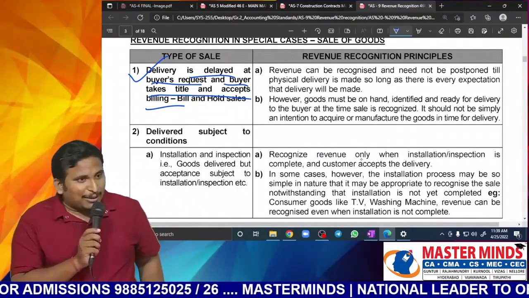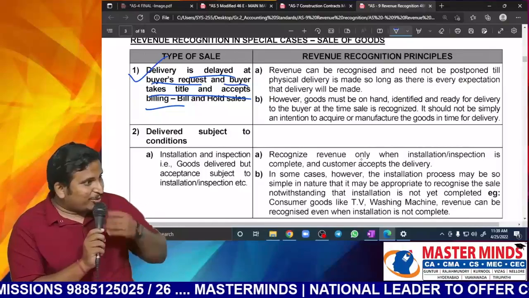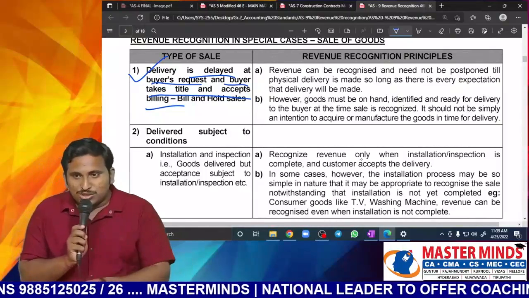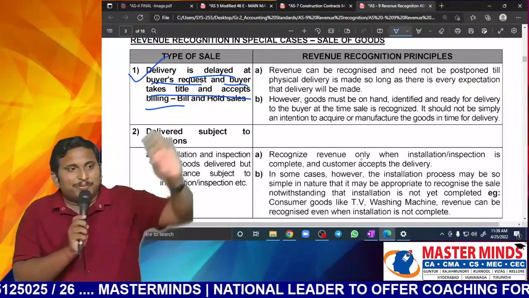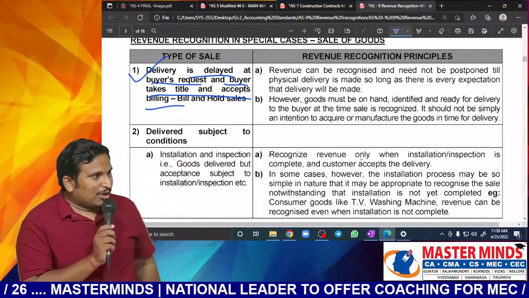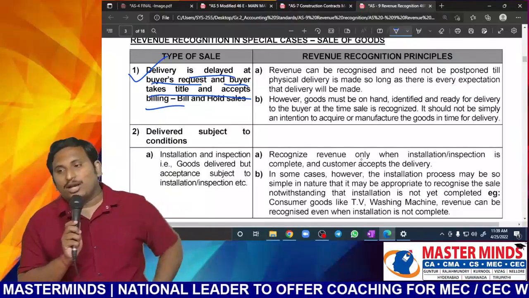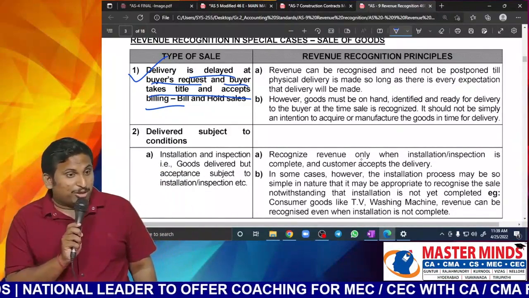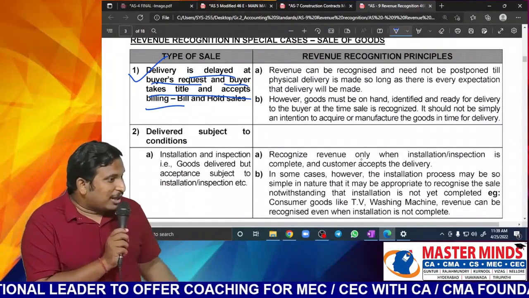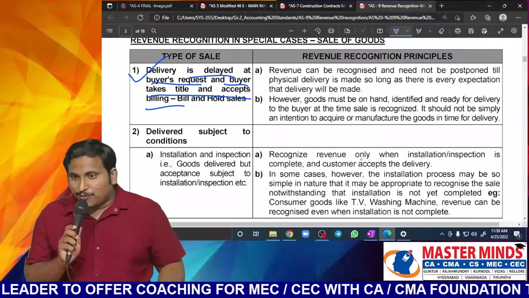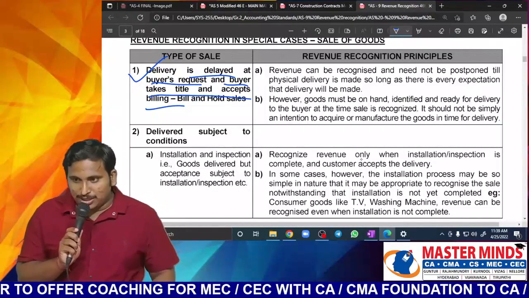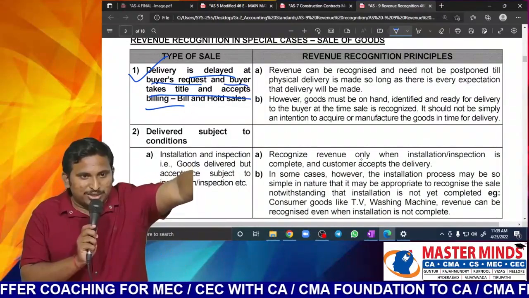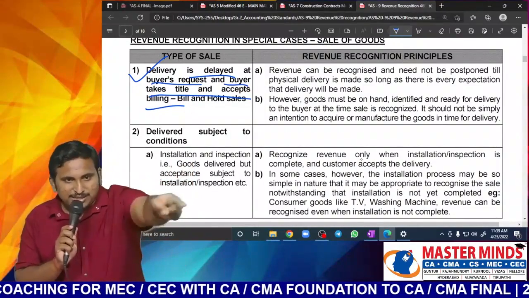Here the sale is already completed. You are telling me I have purchased it. You made the payment also. But because there is not sufficient space for you, now you are telling me to please keep it with you for one week. Or let us say I am purchasing from a foreign country or some other distant place. I feel that in the next week big typhoons or tsunamis are expected and I am sending it through shipping mode. Now my stock may be destroyed. What I am telling is, sir, please keep it with you for 10 more days. Once I give the instruction, you please send it.